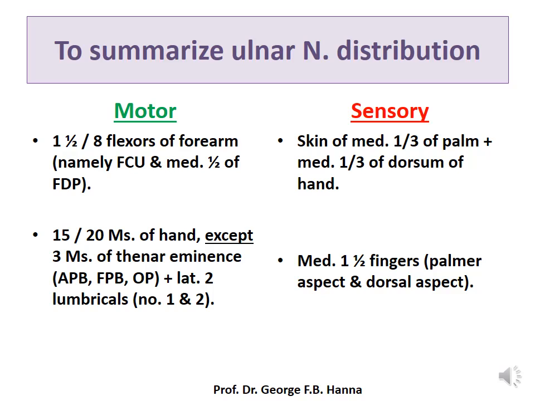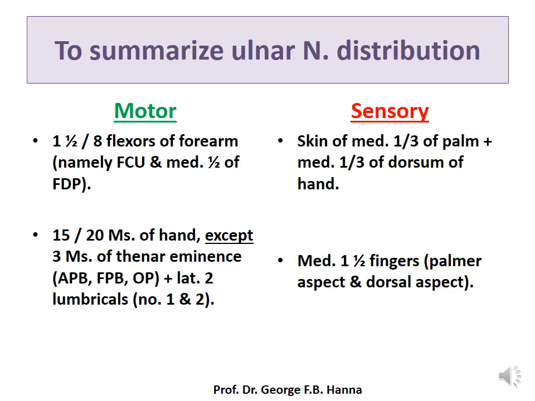So again, to summarize the ulnar nerve distribution, let us see the left side, the motor in green here. 1.5 out of 8 flexors of the forearm, which are flexor carpi ulnaris and medial half of flexor digitorum profundus, and 15 out of 20 muscles of the hand, except the 3 muscles of the thenar eminence, which are abductor pollicis brevis, flexor pollicis brevis and opponens pollicis, and the lateral 2 lumbricals number 1 and 2 acting on